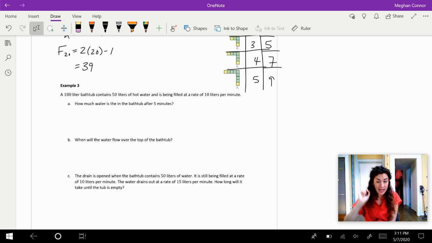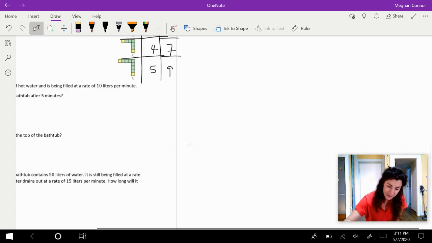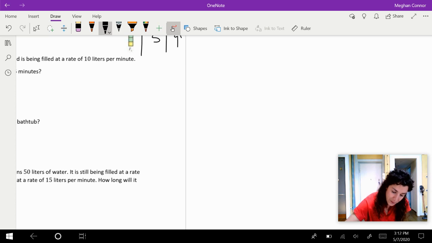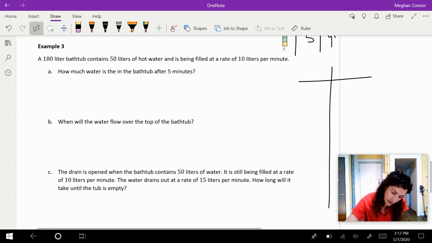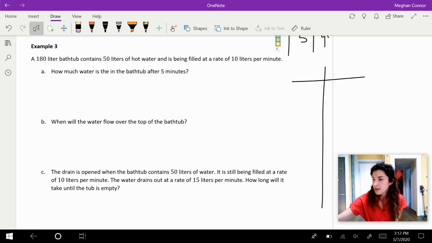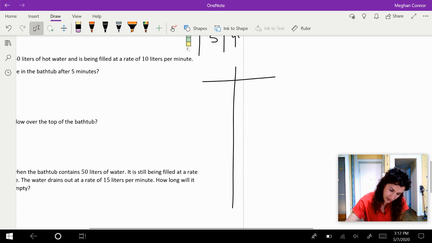All right, last problem for today. A 180-liter bathtub contains 50 liters of hot water and is being filled at a rate of 10 liters per minute. How much water is in the bathtub after 5 minutes? I'm going to take this information and turn it into a table. My table is at 0 minutes,